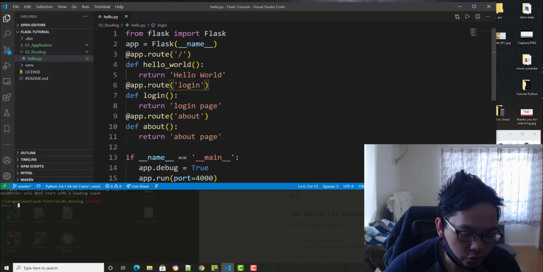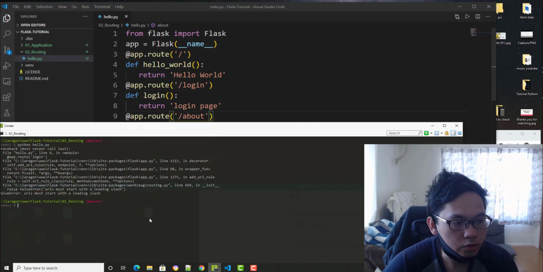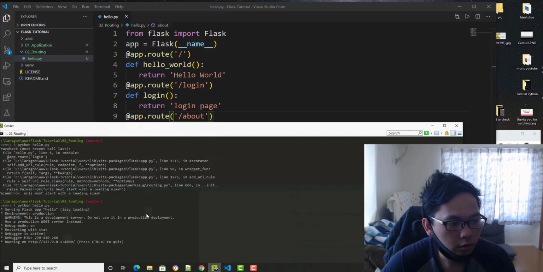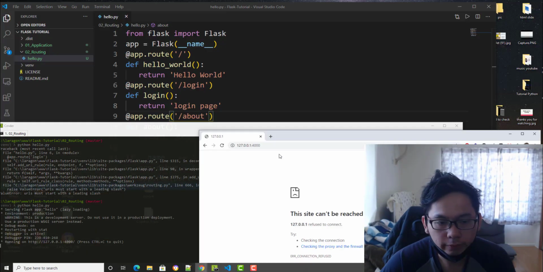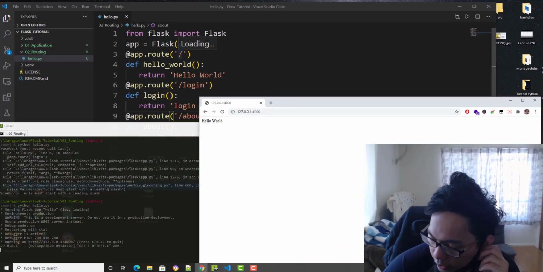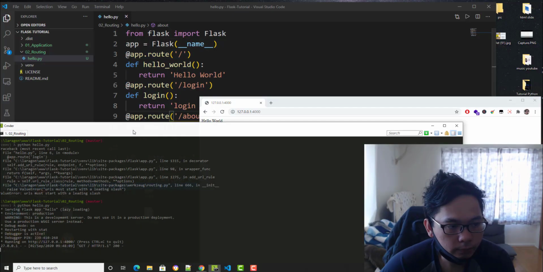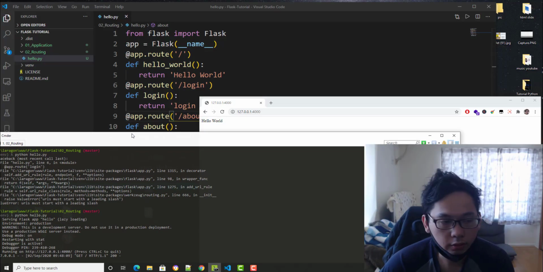Okay, I forgot the slash and ran it once more. And yeah, working fine. So if you're on the slash, it means you're on the top page of your web application. So slash is very important. You should understand that, and you should already know that.